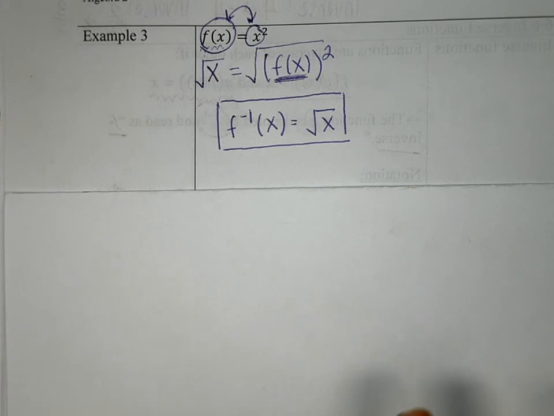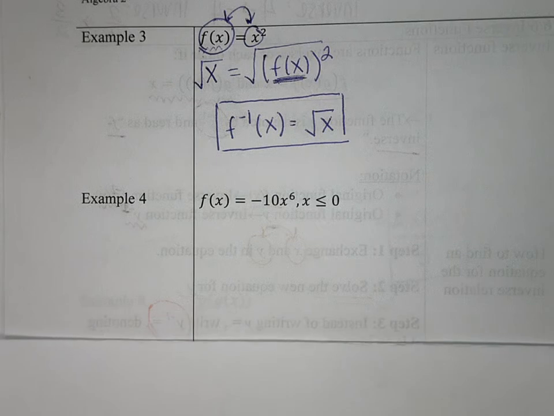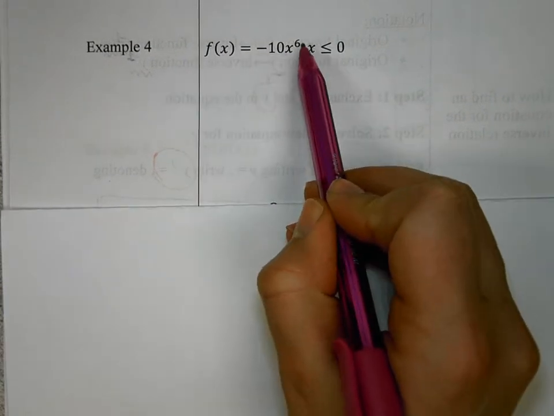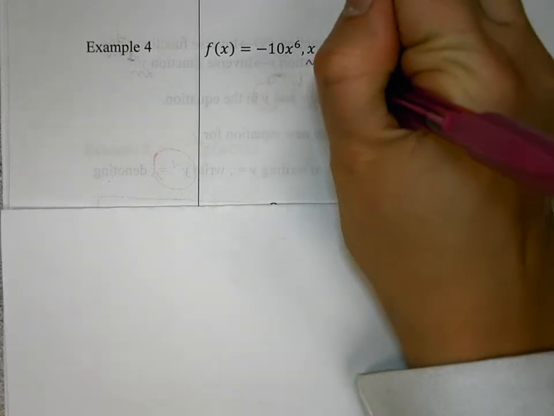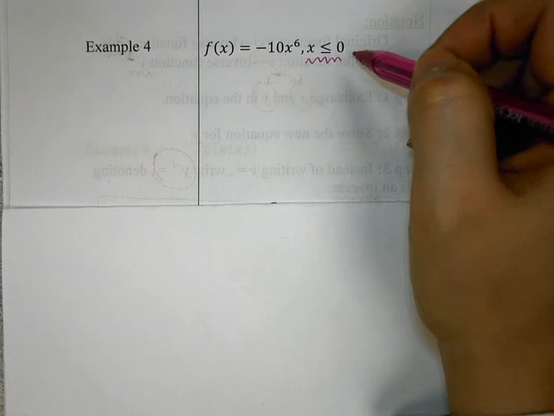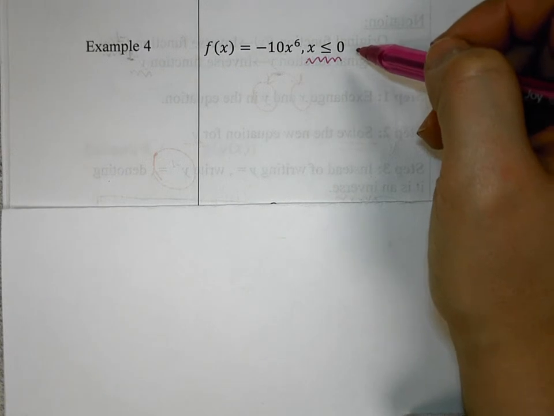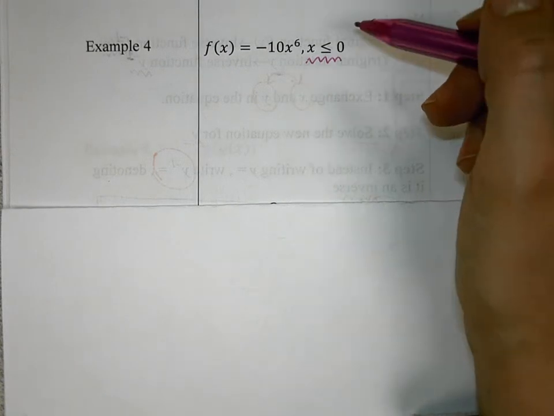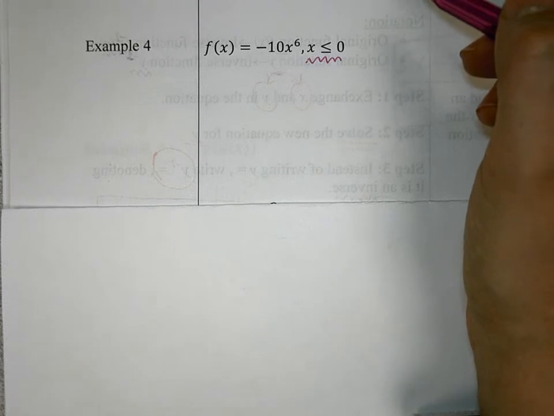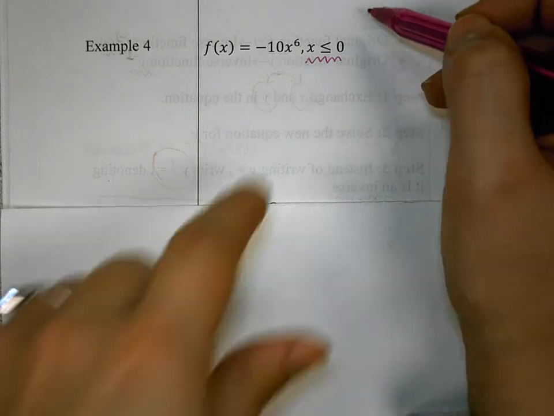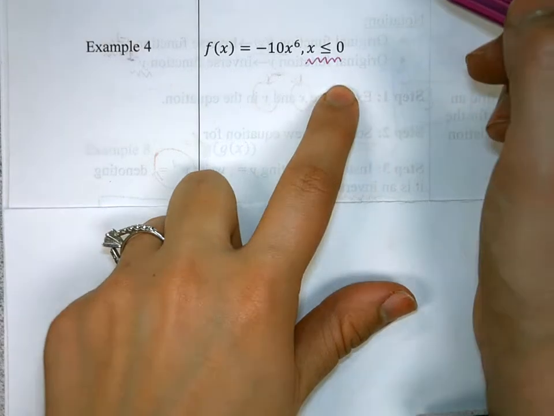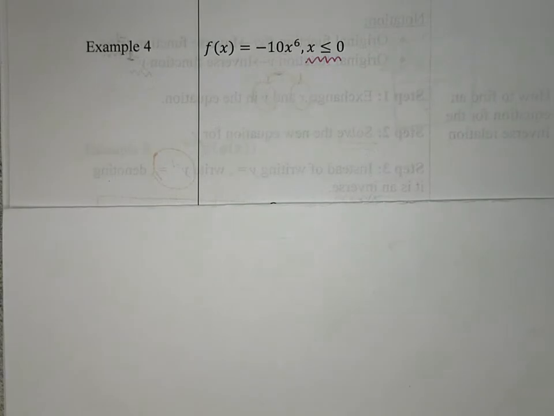One more like this, and then we have one other thing that we have to talk about. Example 4. F of x equals negative 10x to the 6th, where x is less than or equal to 0. Write this part down. This is a specification that we have to make in this type of problem. It will be given to you. You don't have to know why or how it's there. I'm going to explain to you why it's there, but you will not be expected to include this. It will be given to you as part of the problem. Okay. After we find the inverse, I'll show you why we have to make that